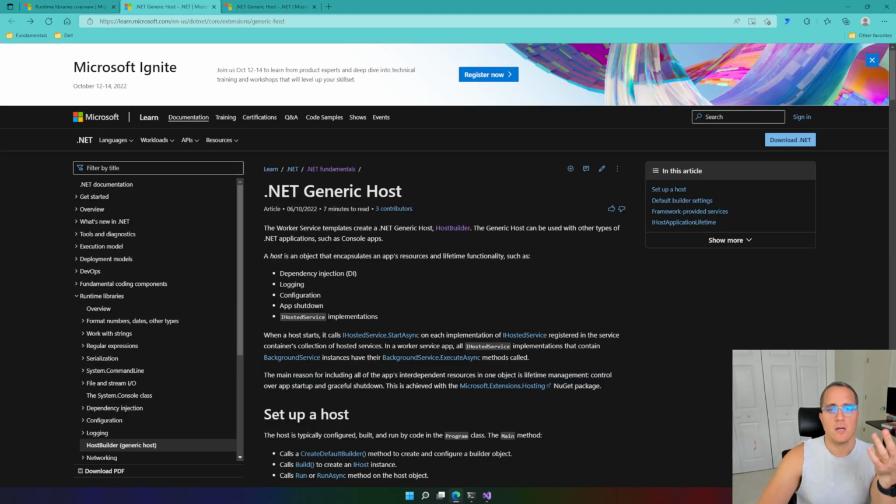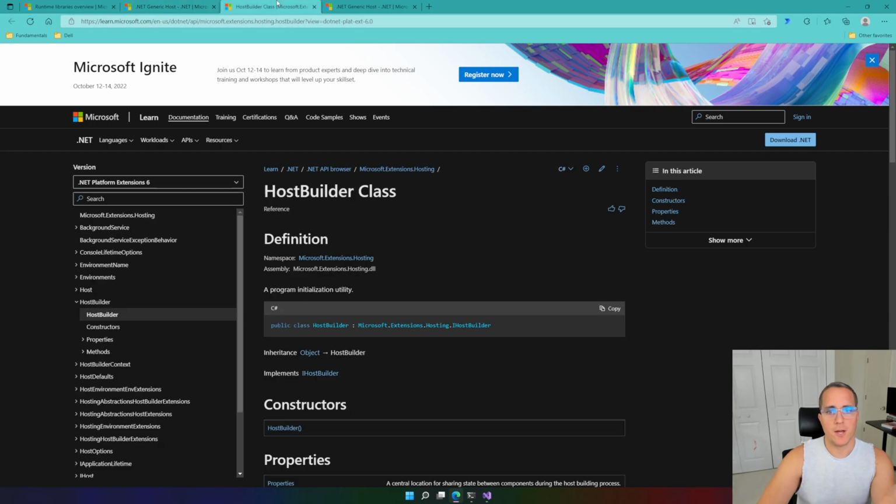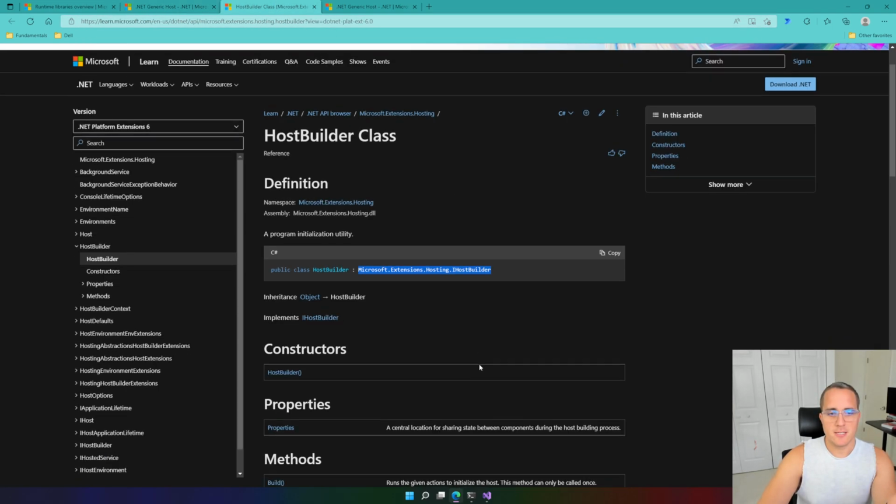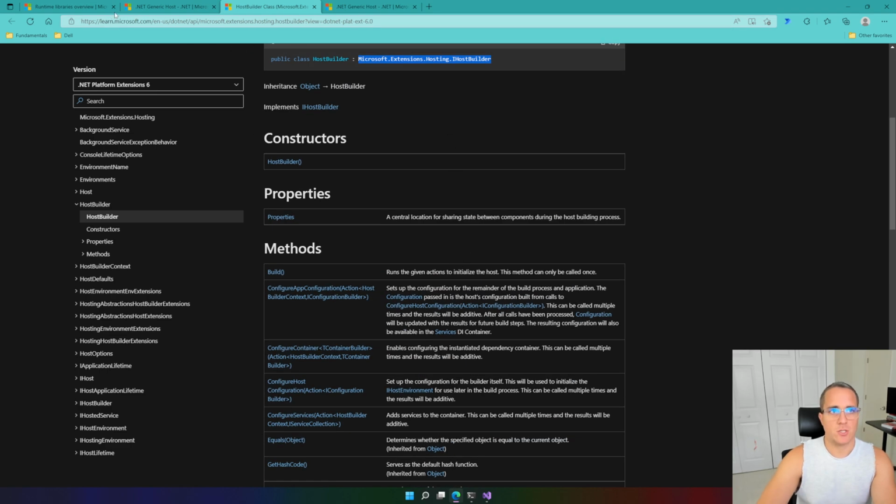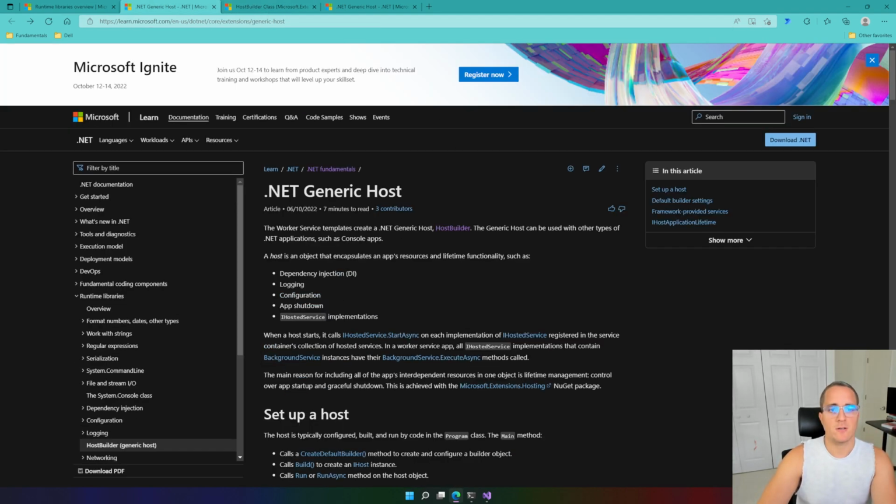So generic host depends on the IHostBuilder interface, and you have a lot of extension methods that were already implemented by Microsoft. With these types of extension methods, you can do these important things. You can include dependency injection. You can add logging with different providers. You can add different configuration providers. You can also control the whole lifetime of your application, which I think is pretty important